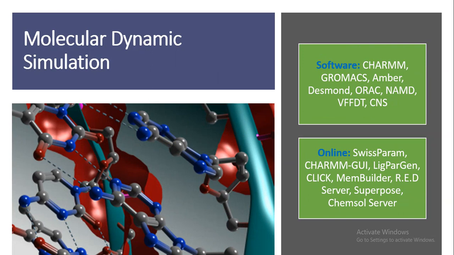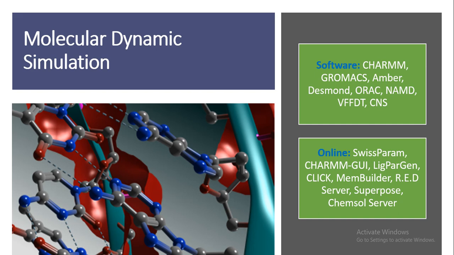And the next is molecular dynamic simulation. Dynamic simulation is the technique which is more towards the in vitro studies, or more towards the natural environment. We can say that our protein will be dynamic, or ligand will be dynamic, and they will interact with each other. So we give a natural environment to our protein and our compounds.